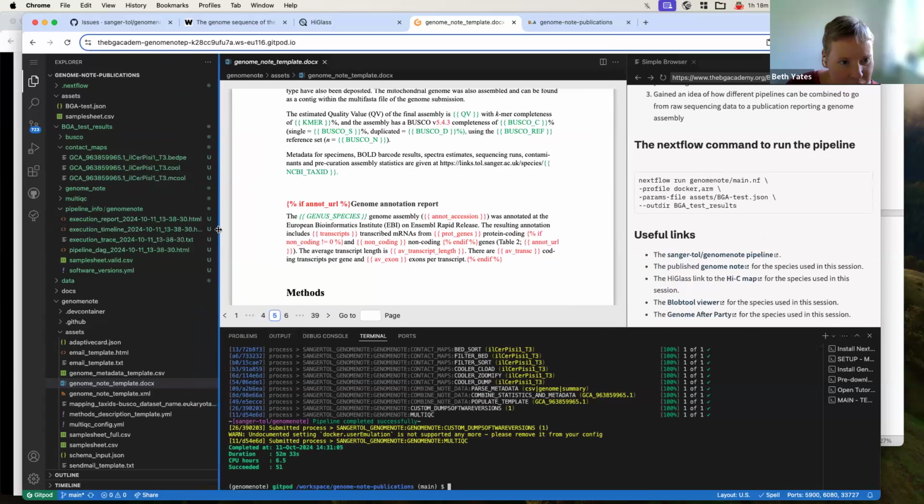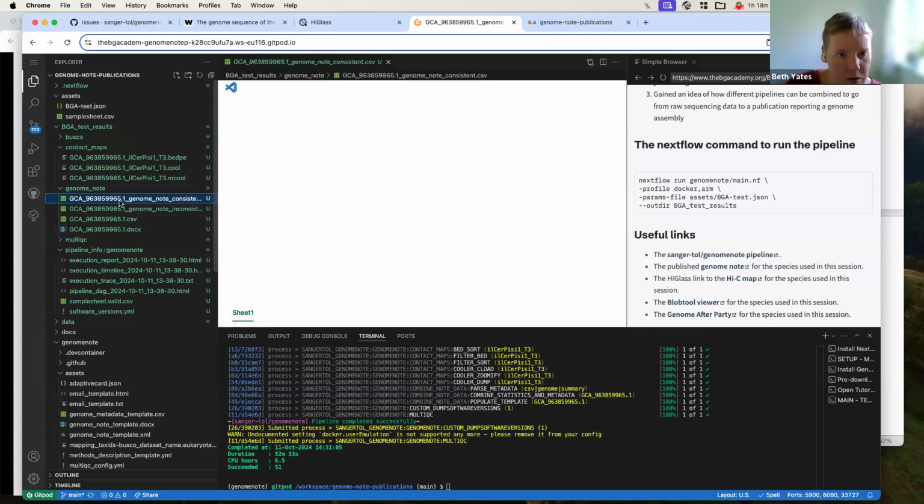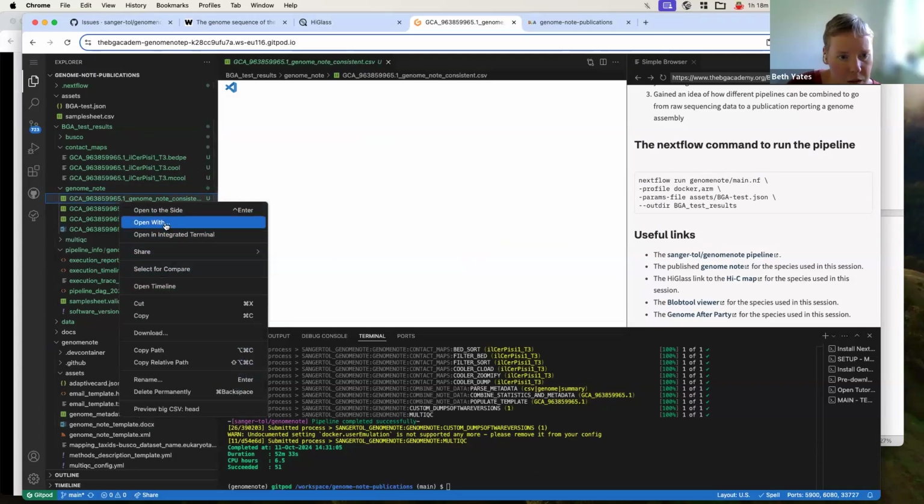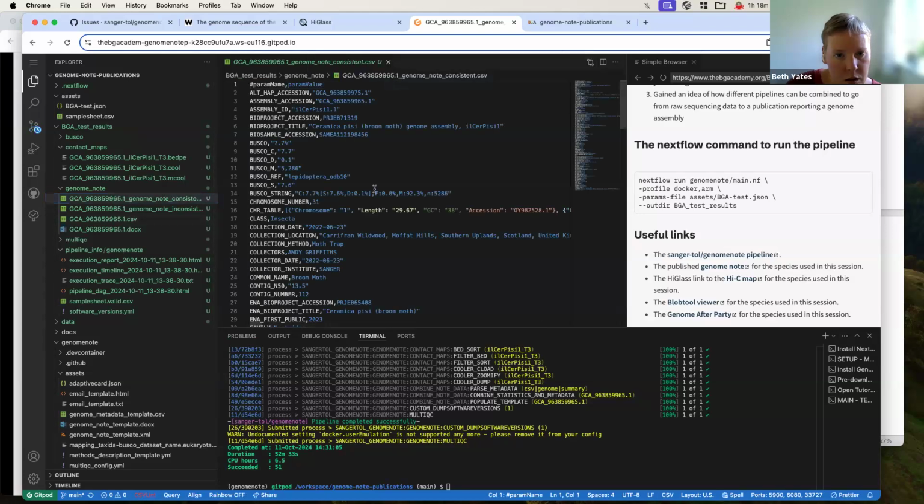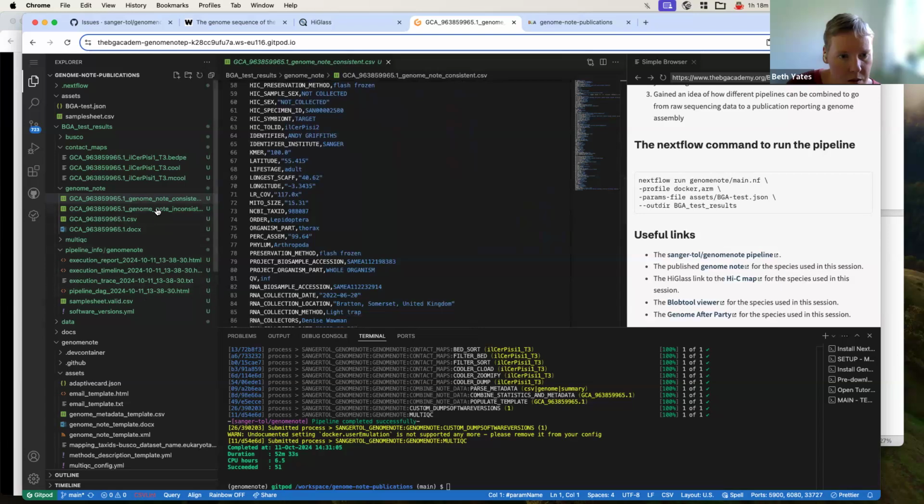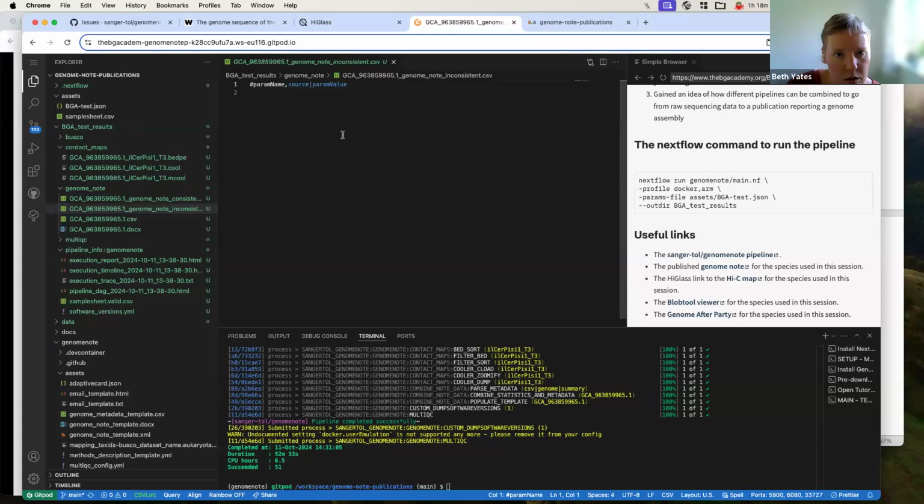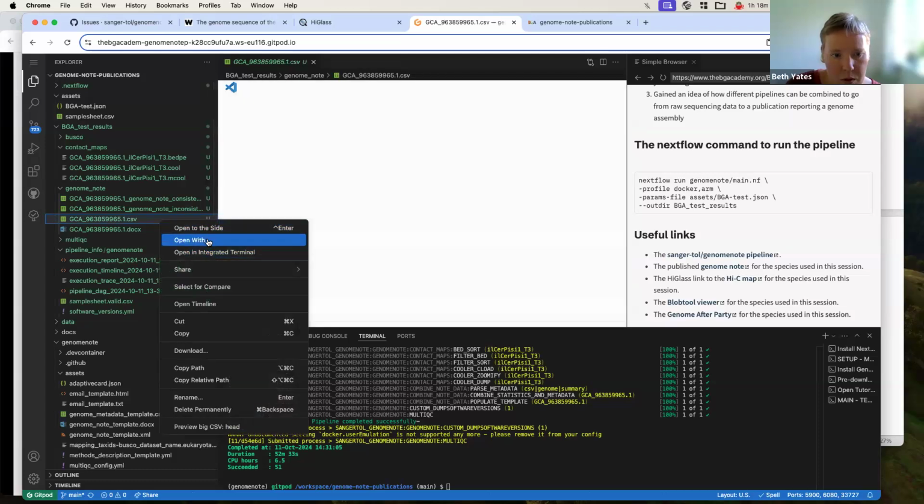And that took a lot longer than I was expecting. Sorry about that, everyone. So within the Genome Note directory, you can see all the parameters that were filled in. You can see the ones that weren't used. In fact, in this case, everything was added in. You can see the outputs